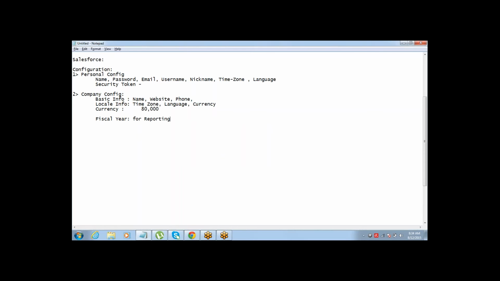We will work on the reporting part after a few sessions. When we do the reporting part, you will see that there's an option of doing reporting based on quarters or fiscal years, current fiscal year, last fiscal year, right? So if you have defined the fiscal year properly, you can do reporting easily. If you're asked to create a report for last fiscal quarter, you don't have to actually think and put the dates manually. You don't need to hard code the date. You can just make it last fiscal year.